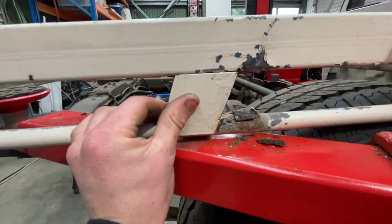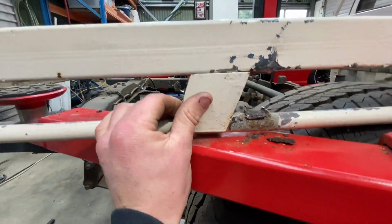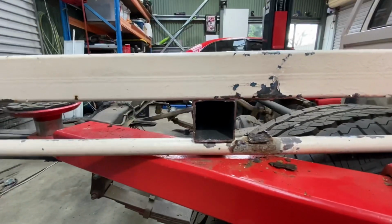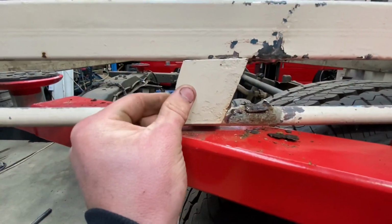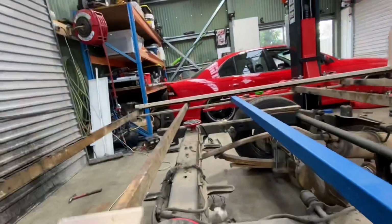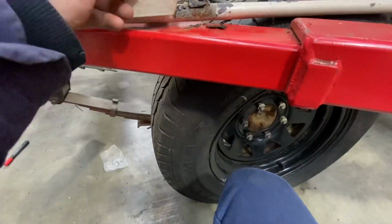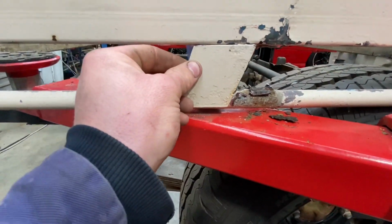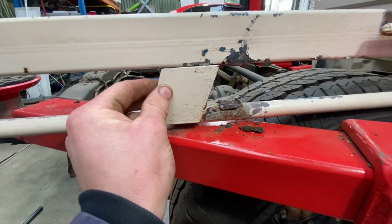Ooh, it only just covers that 50 by 50, but it'll look better anyway with them on than obviously like that. So yeah, I'll have to make another one up for the side. Depending on what I do, I might even make another one of these up that's 5 mil wider, so it covers